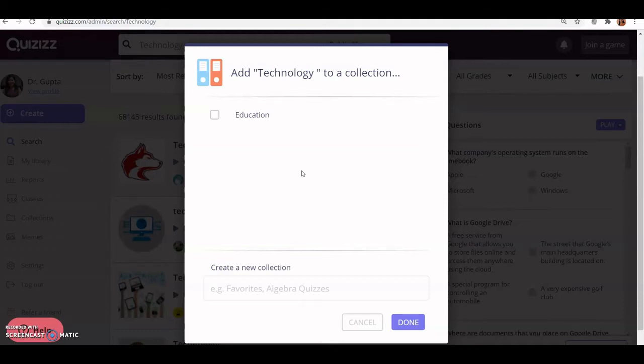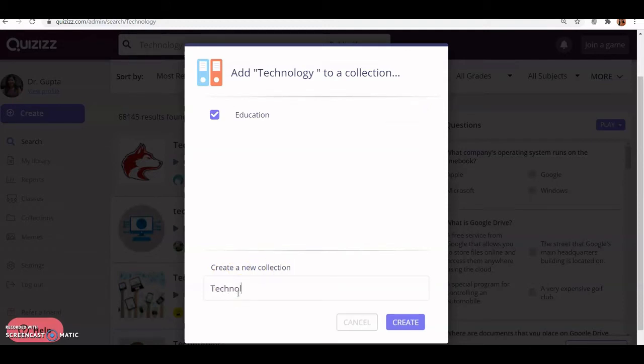If you want to save, you can make your own collection. Suppose I have already made a collection of education. If I want to save this quiz under this theme, I will just check this box and the quiz will be saved. But if you want to add some other collection in your library, then you create a new collection over here.